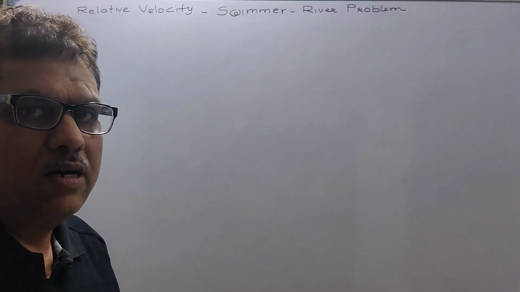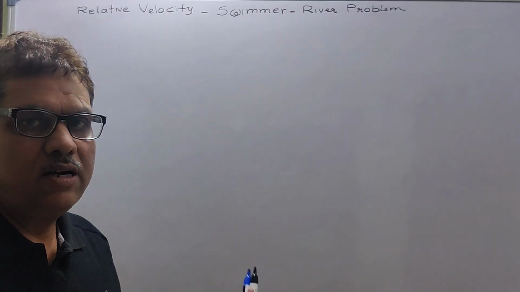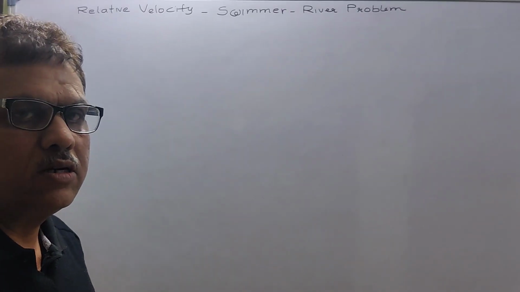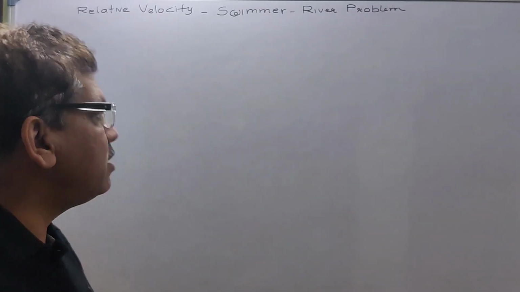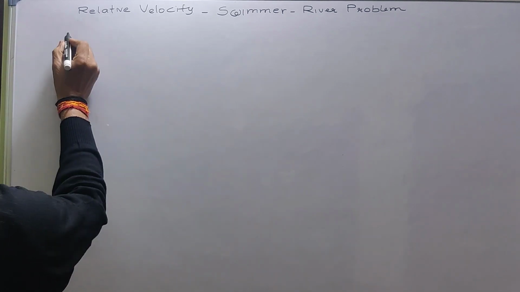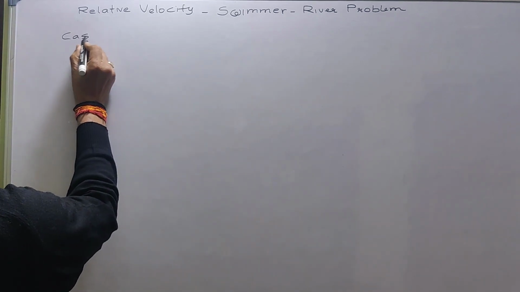Hello student, let us see the different things in swimmer river problem. First, different cases are there. Let us take different cases. Now case 1, we will take case 1